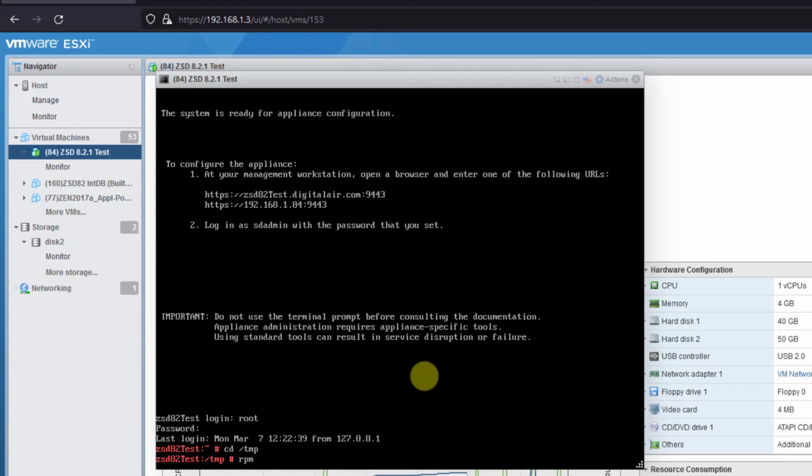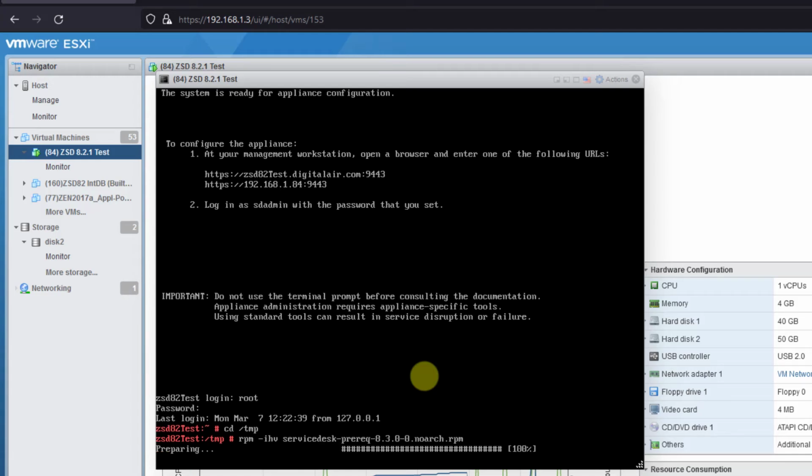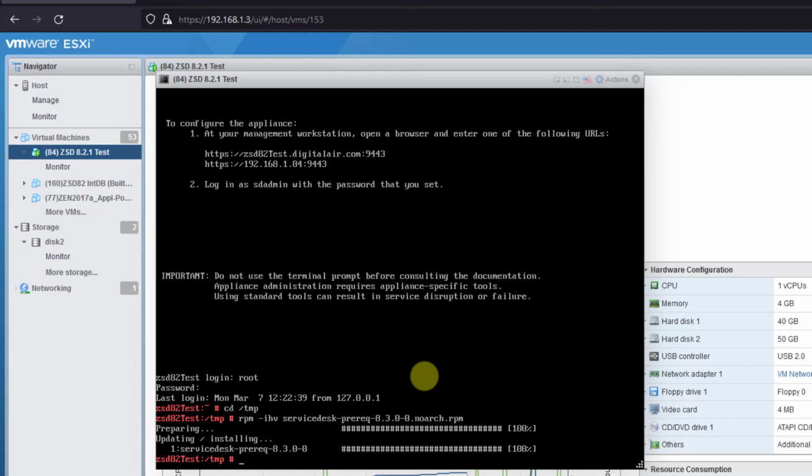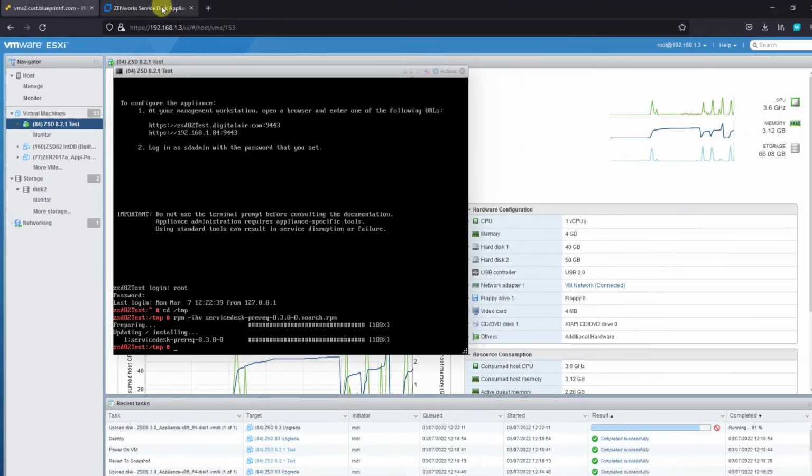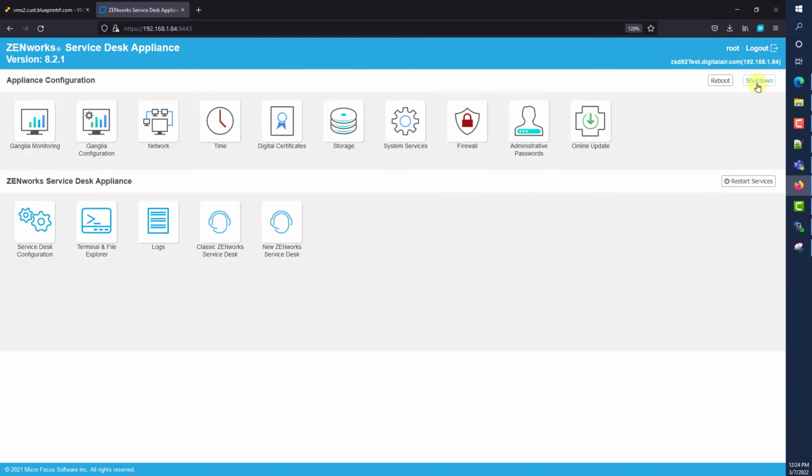We'll just run rpm -ivh, and we're going to go Service Desk, and we can just hit Tab to let it self-complete. As you can see, it's now preparing the second disk in the system for upgrading, and we are ready to go. So now we can power down this particular system by going to Shutdown